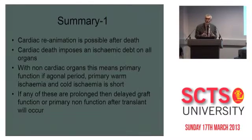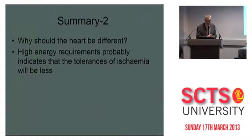Cardiac death imposes an ischemic death on all organs, and basically with organs, this debt produces either primary non-function if the debt is big enough, or delayed graft function, and obviously that's a big problem for a heart. Why should it be different? Why should the heart be different? Probably the high energy requirements of the heart makes the issue more of a problem, but otherwise it should be